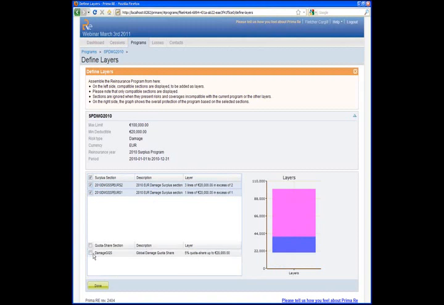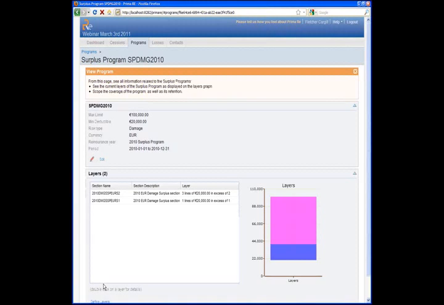Now, I won't select that one at the moment because the figures will change, of course, as soon as I select it. But this is the screen you can use to build the programs, and so to have your own vision from the cedent's point of view of how the reinsurance